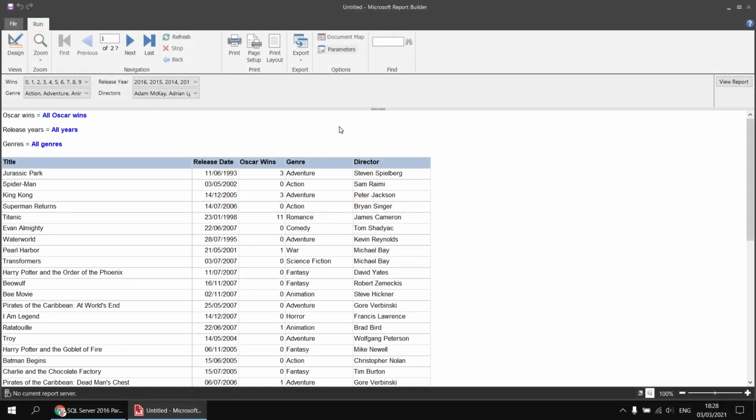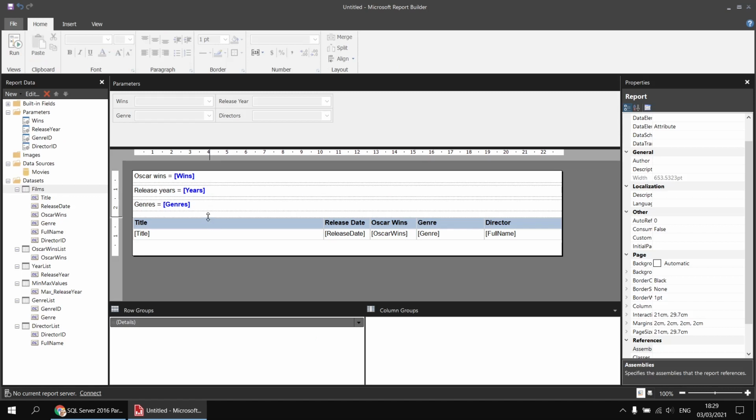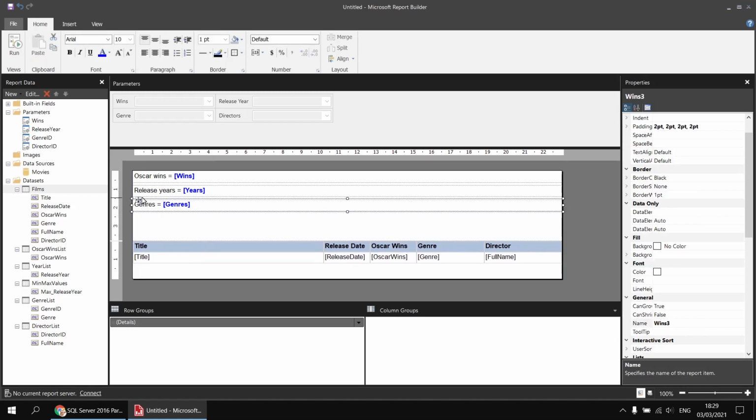Just to complete the picture, I'd like to add one final label to the header section of the report to show the list of selected directors, but we'll have a little twist on that technique for this particular example. Let's head back to the design view and we'll start by copying and pasting one of the previous examples that we've done so far. So I'll copy and paste the genres text box, position that just below, and then I